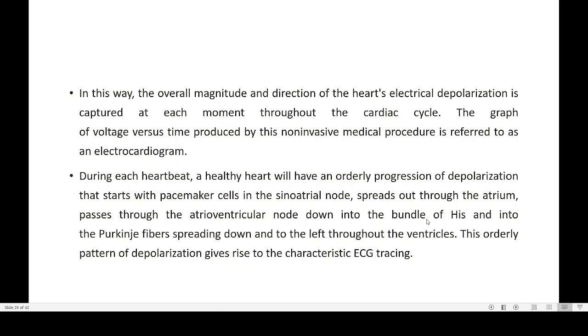After the AV node, it will be going to the bundle of His and into the Purkinje fiber. The starting point of the Purkinje fiber is known as the bundle of His. Here you can find a nerve fiber. That nerve fiber is known as Purkinje fiber. The beginning portion is known as the bundle of His. Then it will be transferred to the entire left ventricle. So this is how it normally goes, and this orderly pattern of depolarization gives rise to the characteristic ECG